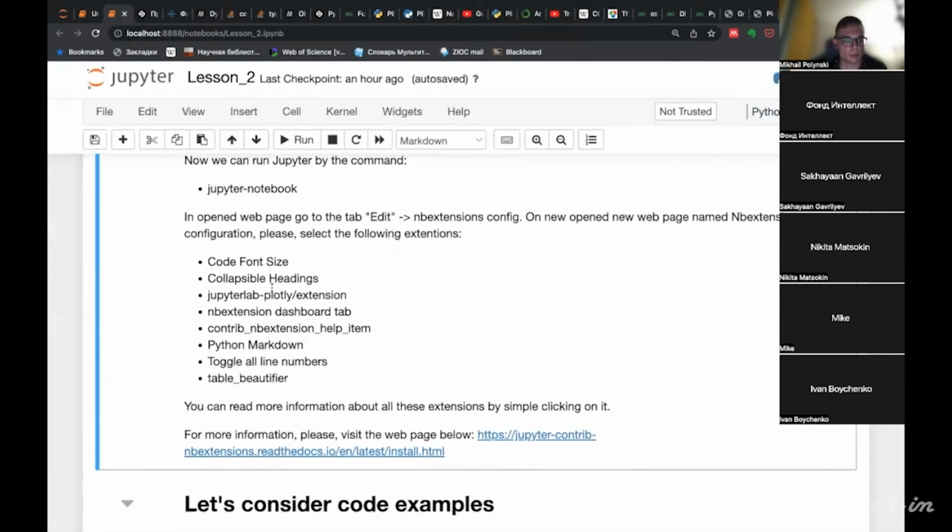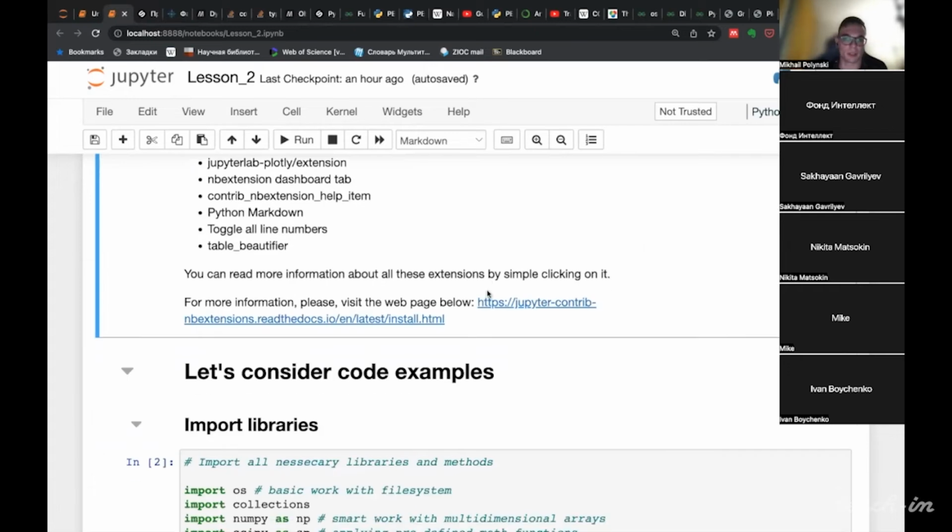I strongly suggest you activate the following extensions that you can find in the menu for better user experience with Python, with Jupyter Notebooks.